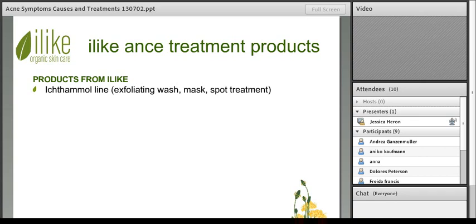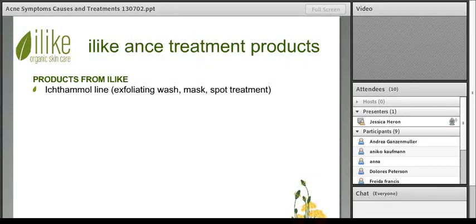It can also be used on the body for the back, neck, shoulders, and chest. So we're talking about how acne sometimes is not just on the face, but can also be found on the body as well. That would be a good cleanser to use on a daily basis, providing anti-inflammatory, soothing and calming effects, antibacterial properties, and enhanced soothing lavender. It's a very alkaline, high pH wash, so you get a nice softening effect and a light exfoliating effect